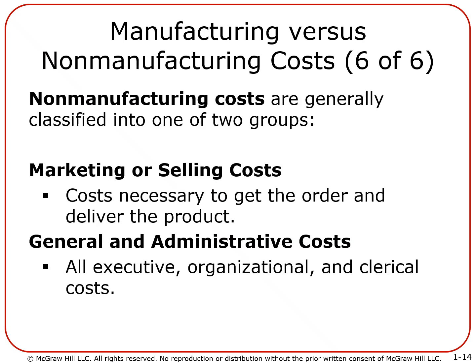Now we talk about non-manufacturing costs. So far, all the costs that we talked about, direct or indirect, were manufacturing. A car manufacturing company, of course, has tons of manufacturing costs. However, they need to spend some money which is non-manufacturing. It's not directly linked with manufacturing. For example, advertising expenses, right? You want people to know about your product, so you have to spend money on advertising.